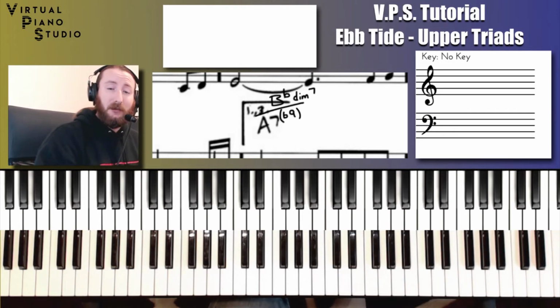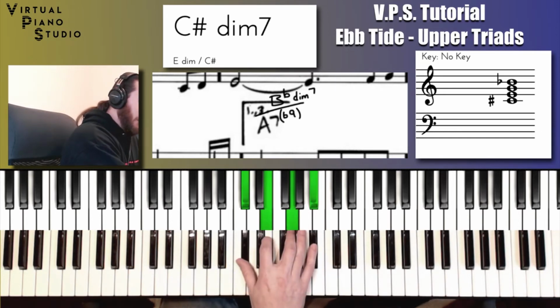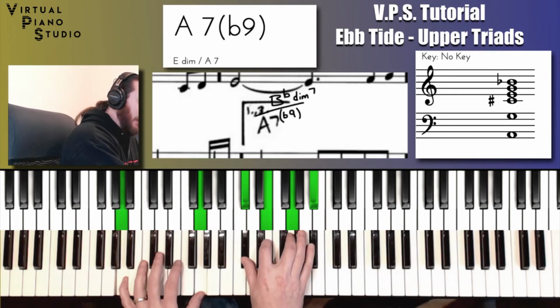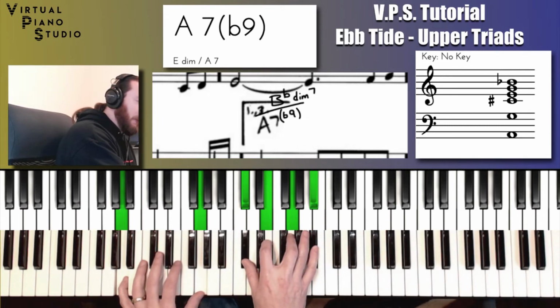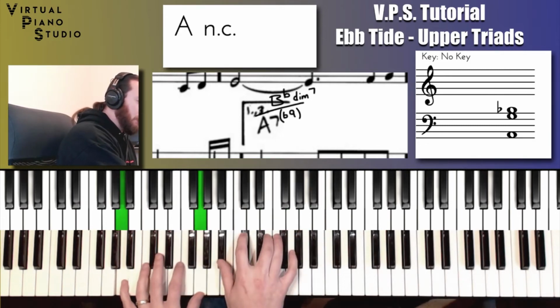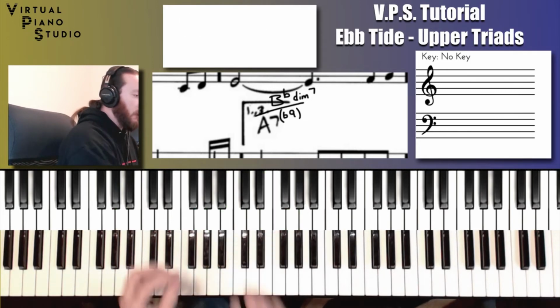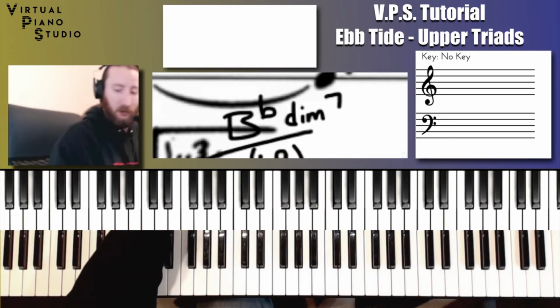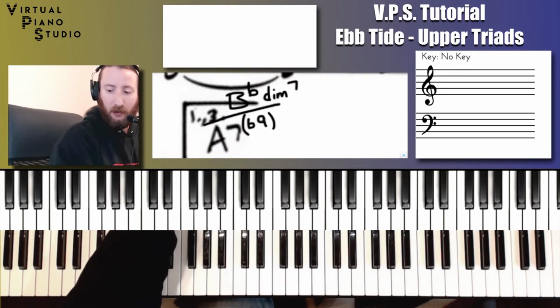And what that allows us to do is actually to get a chord that has more depth to it. And so when we extend it, we can actually get to this flat 9 here. It's a more interesting chord. So what I have done here is I've added a flat 9. And now